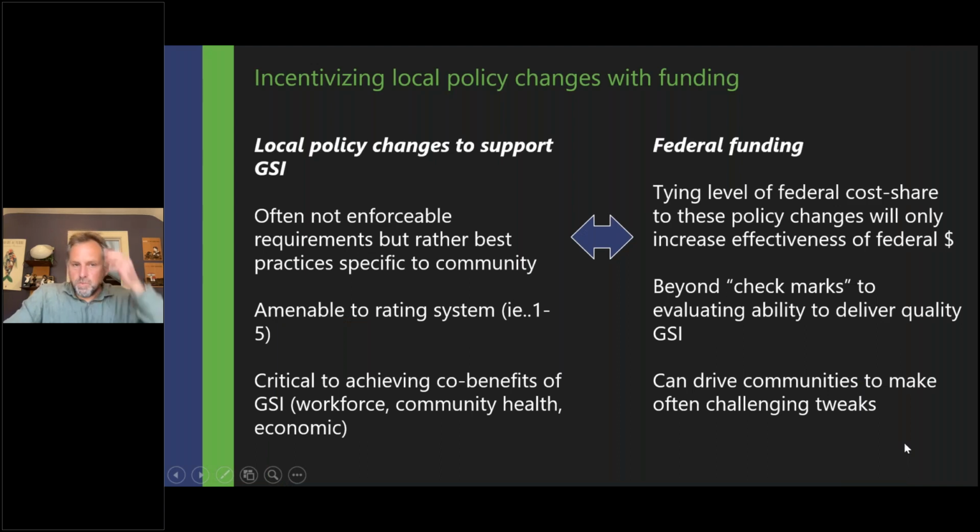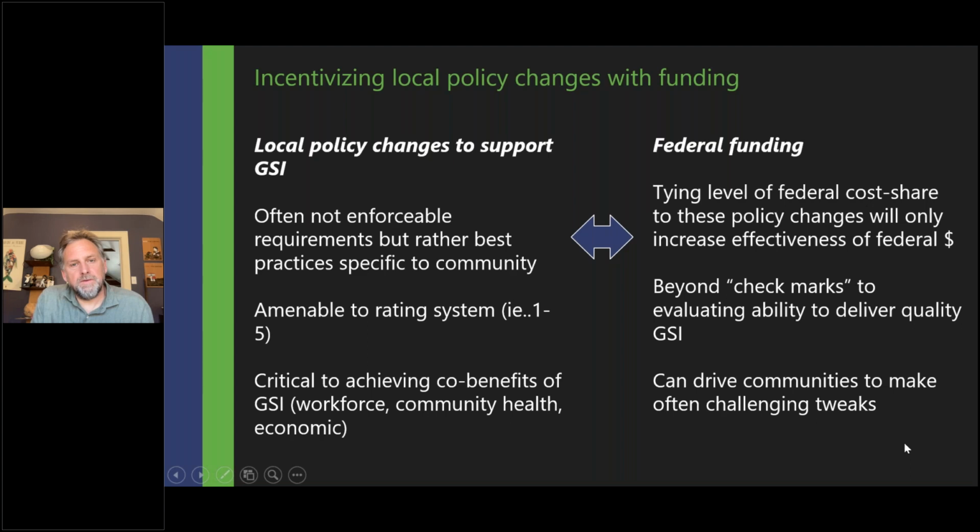So what could this look like, or what would be a format for this? We know that we can't enforce these policy changes, but some communities are going ahead, and should we acknowledge them? Should we acknowledge the work that Albuquerque is doing? This work also runs on a spectrum. It's not a checkbox. There's a process, so it could be amenable to a rating system,